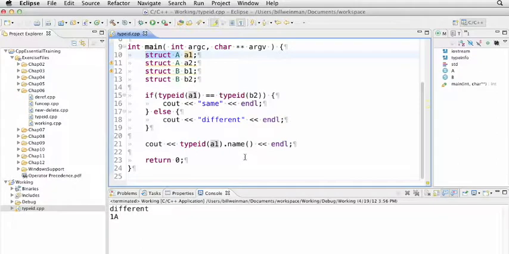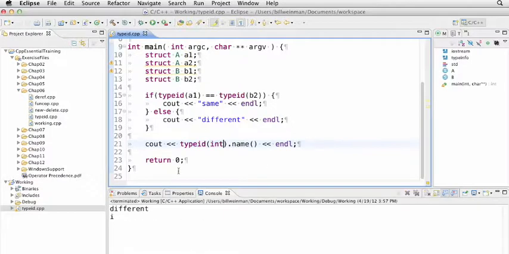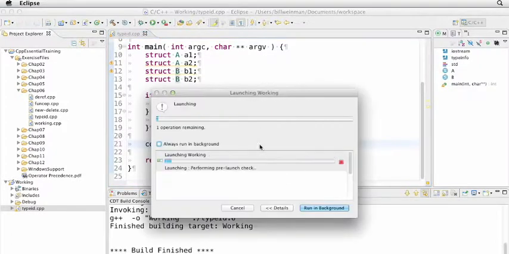So internally somewhere in the compiler, that's the way it's keeping track of it. Different implementations will print out different things for this. So I find it less than entirely useful. If I take the type of, say, an int, save that and run it, you'll see I get a letter I. And if I say take the type ID of struct B, save that,